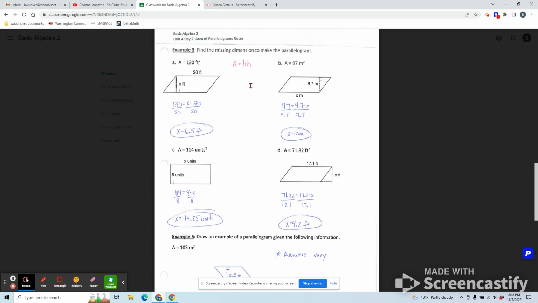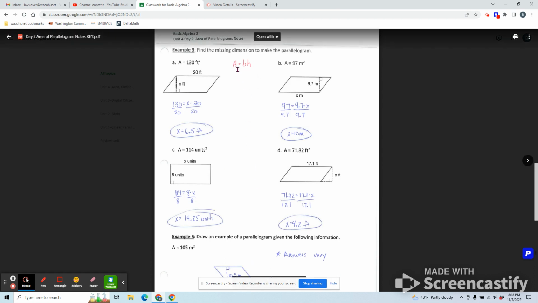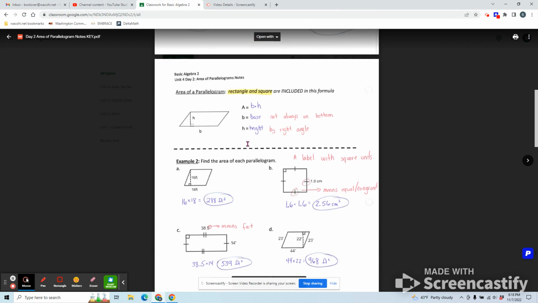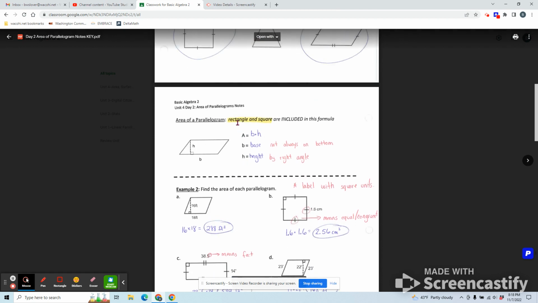So today we found area of a parallelogram, which is base times height. And for purposes of this class, we are lumping the rectangle and square